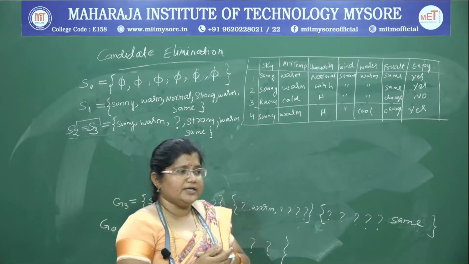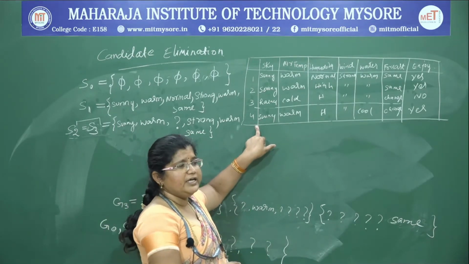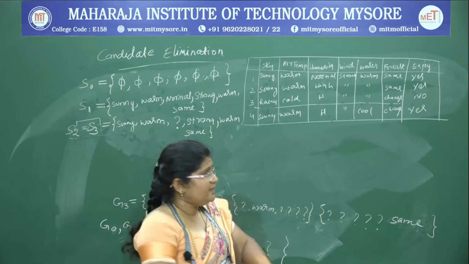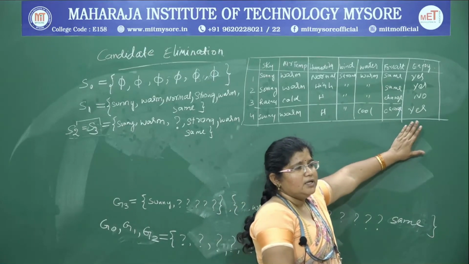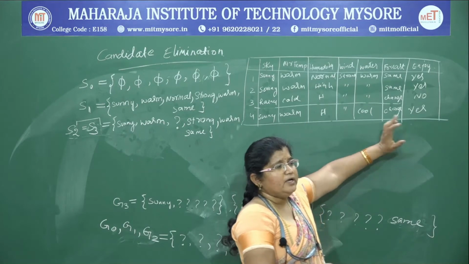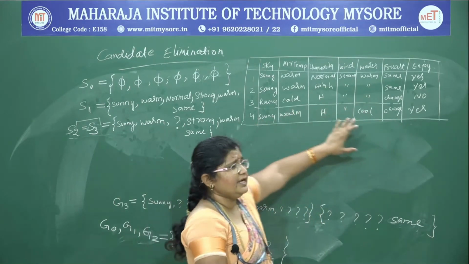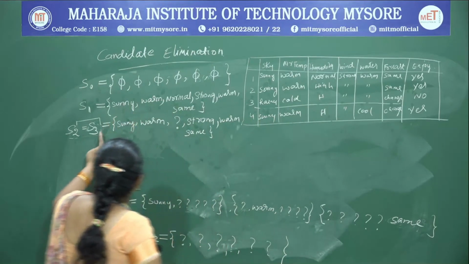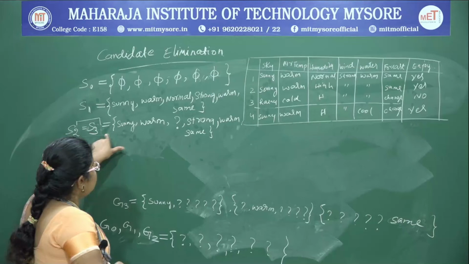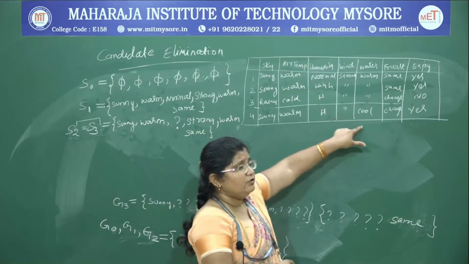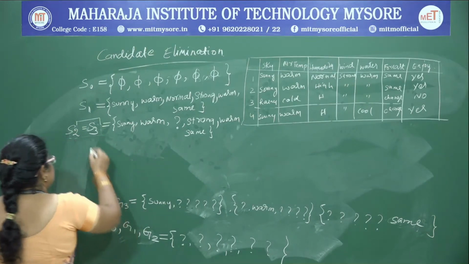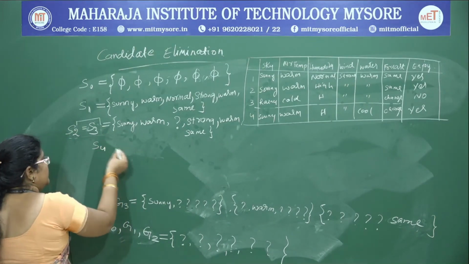Next, move on to the next training example, that is the fourth training example. The candidate elimination algorithm repeats the steps. First step is it checks for the target concept. The target concept here is positive. So, if it is positive, then this positive training example will be compared with the S3. S2 is equal to S3. So, S3 will be compared with the fourth training example and generate the new hypothesis. So, S4 is going to be generated.